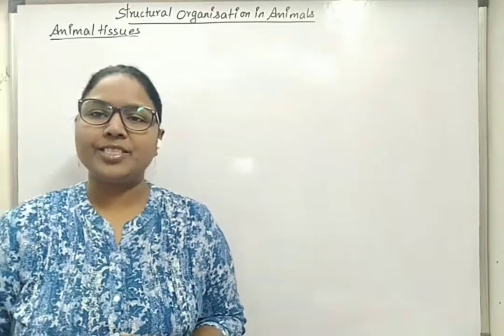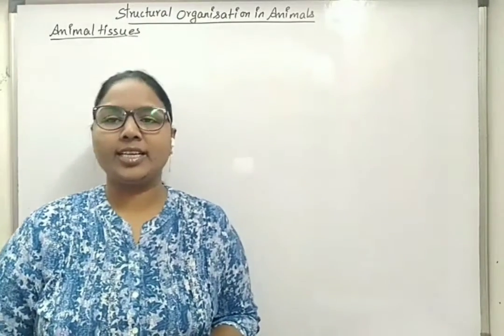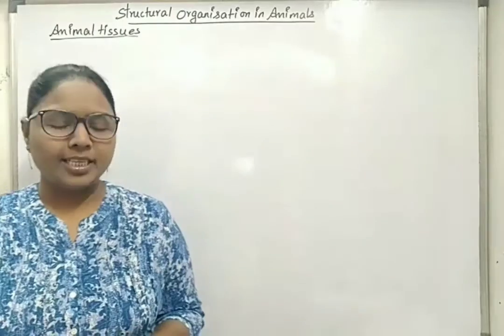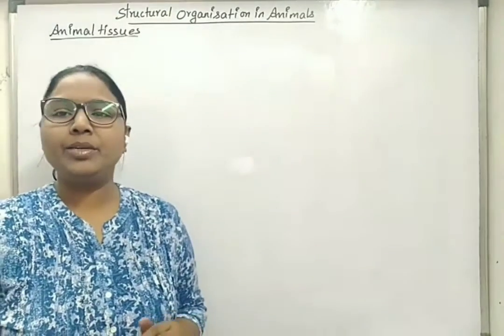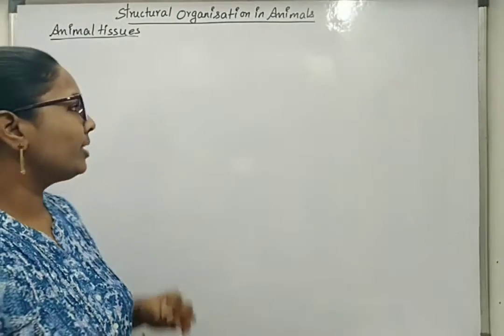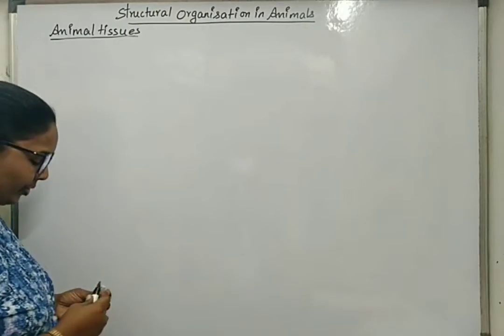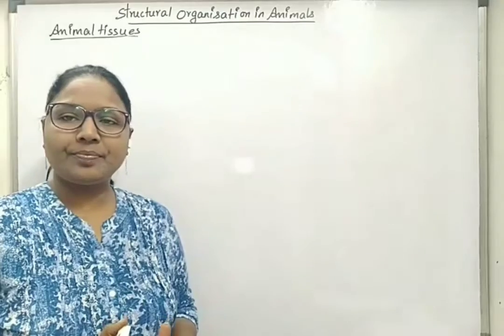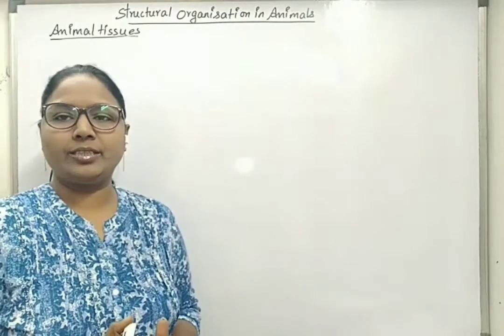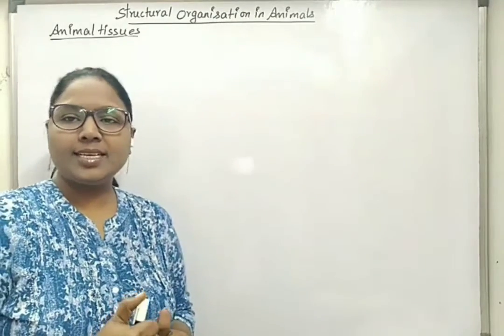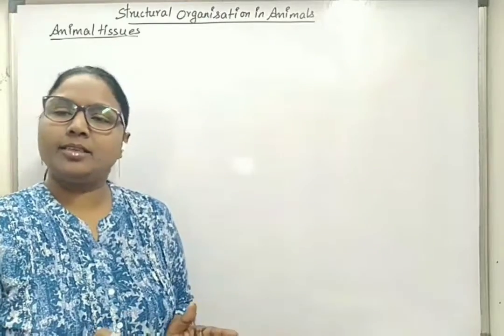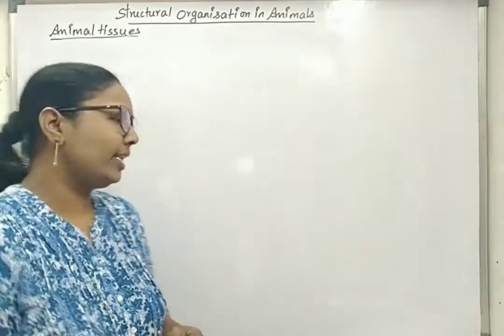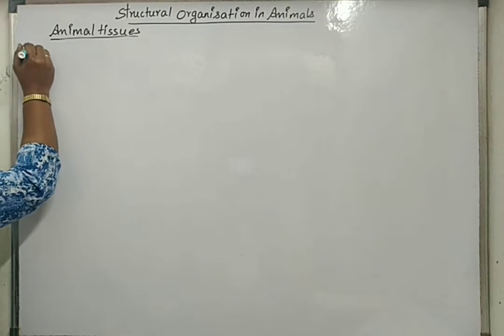Hello students, now we will start with a new topic, structural organization in animals. Under this chapter, we will start with animal tissues. A tissue can be defined as a group of cells which are similar in origin, in structure and in function. Later, these cells can split their work, which is termed division of labor, that we will see later. But starting with tissue